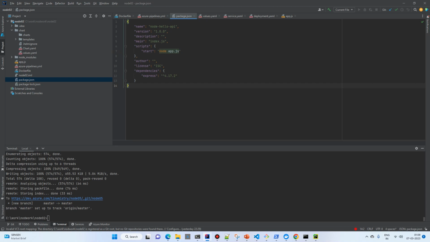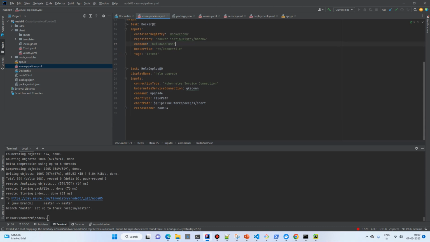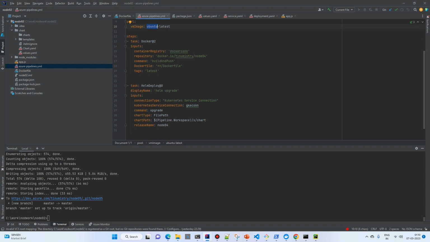Anyways, now if you go to Azure Pipelines, this is the YML pipeline I already had previously. It has nothing fancy except for this trigger: none. So this is a manual trigger, and an agent pool on which the pipeline will be running. It's Ubuntu because our cluster is on Ubuntu Linux containers. Then we have two tasks in the steps. One task is a Docker task, that is a CI task which will build and push using this command into this node 05